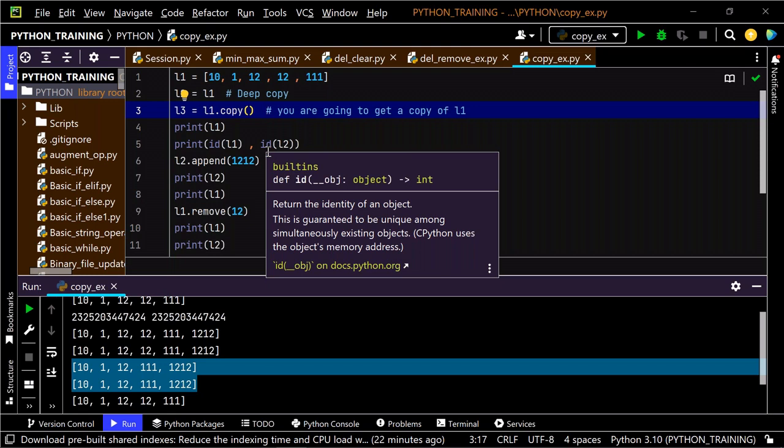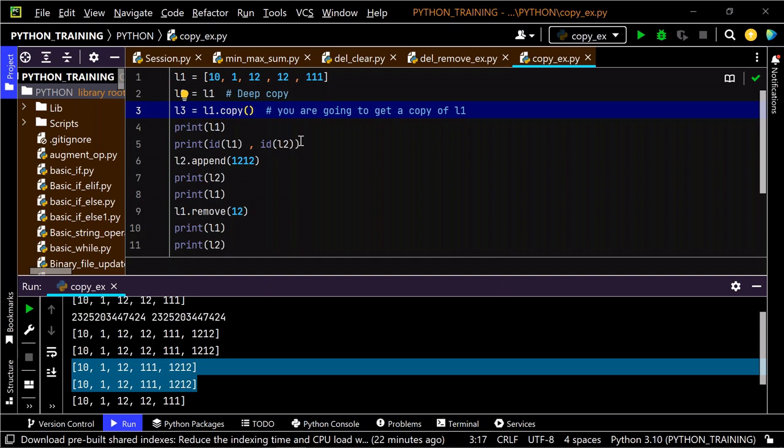This is the difference. Whenever you are doing L1 equals L2 or L2 equals L1, any changes to L1 will reflect in L2, and any changes to L2 will reflect in L1, because their addresses, or IDs, are the same. But in the case of L3 equals L1.copy, the IDs are different. If you want to see the ID of L3, basically,